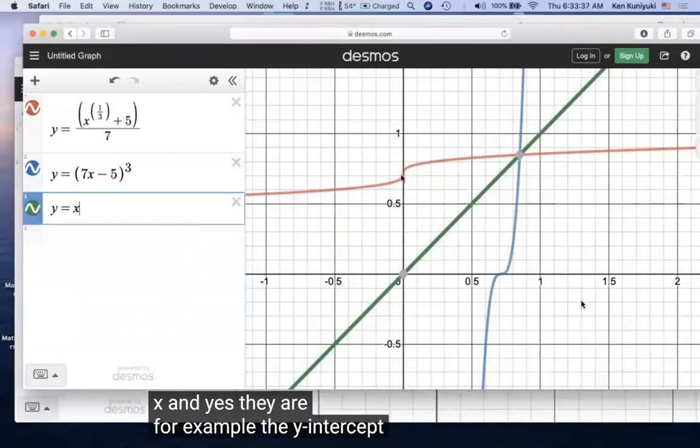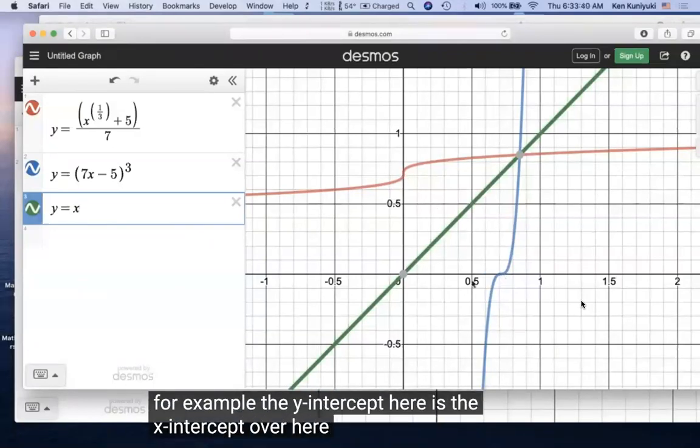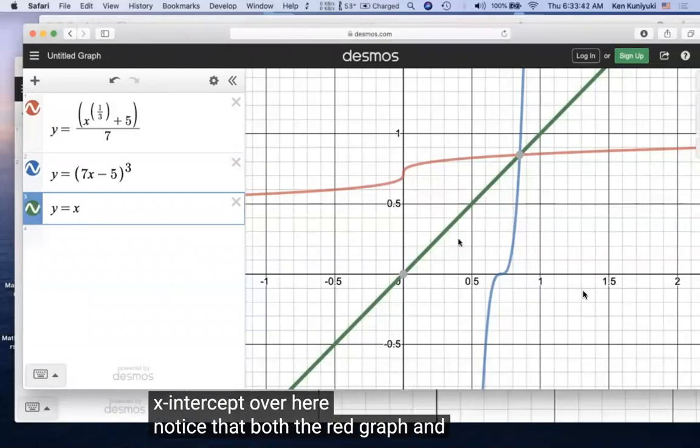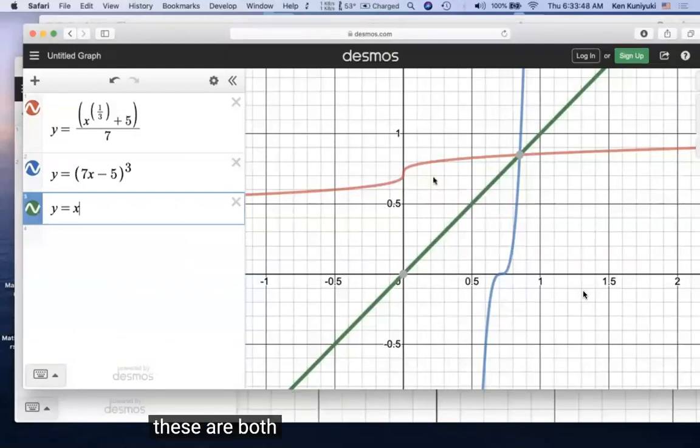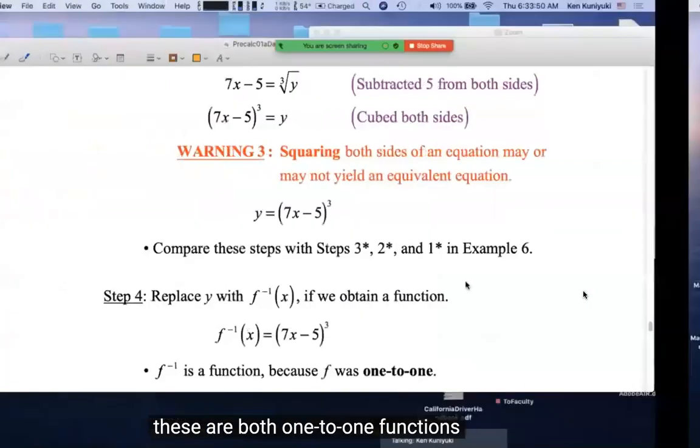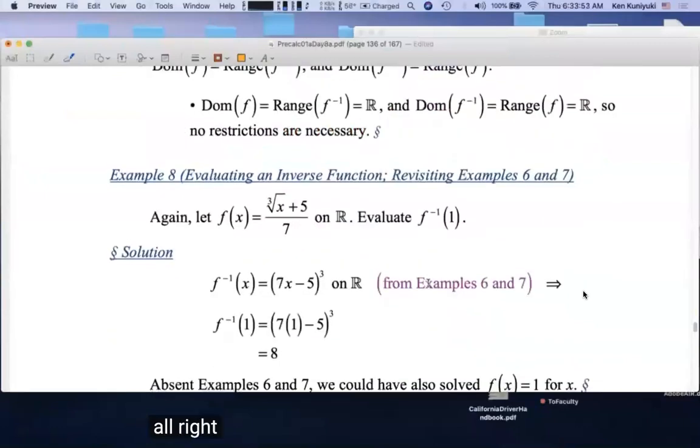For example, the y-intercept here is the x-intercept over here. Notice that both the red graph and the blue graph pass both the HLT and the VLT. These are both one-to-one functions. All right. Oh, and by the way,